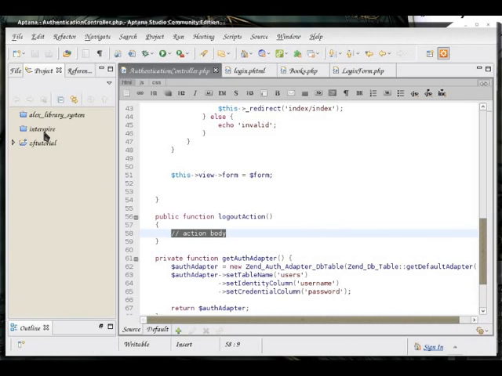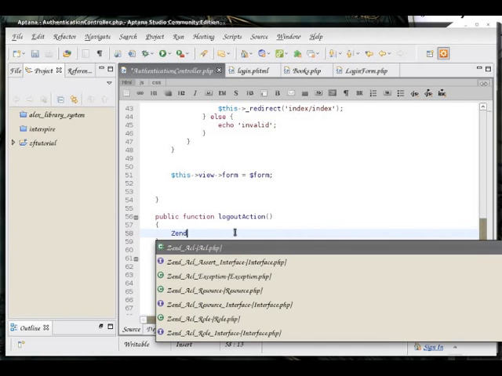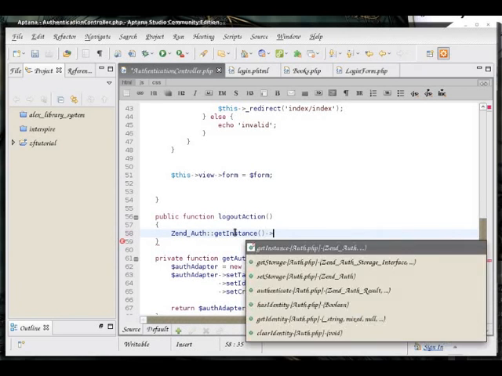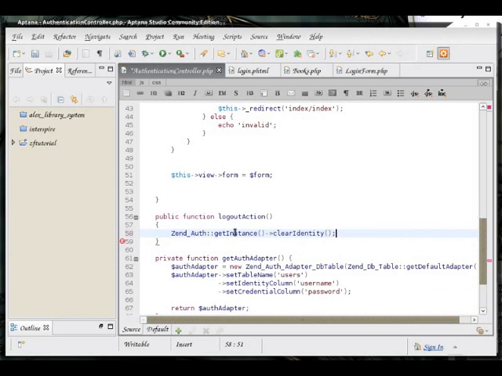Logging out is as simple as erasing all the session data stored in a persistent storage. This is done through the clear identity method found inside of the Zend auth instance. So once again, we need to get the instance and clear the identity. That's it.